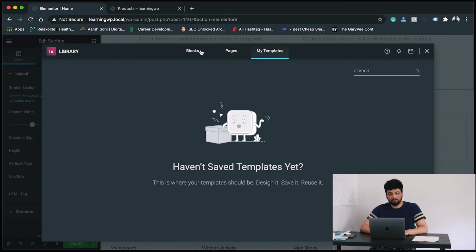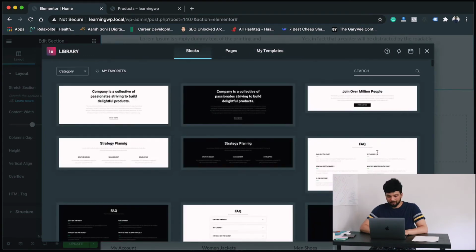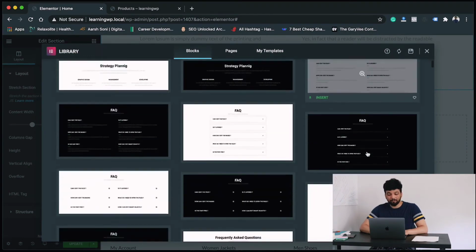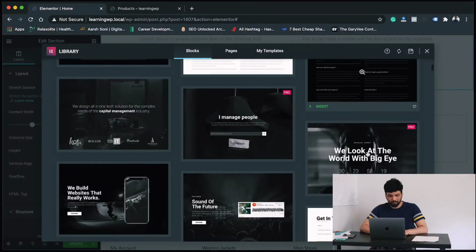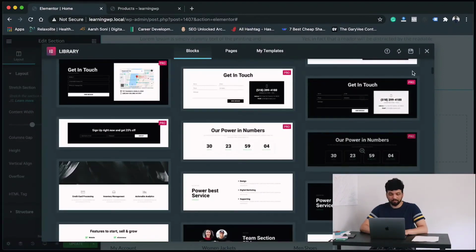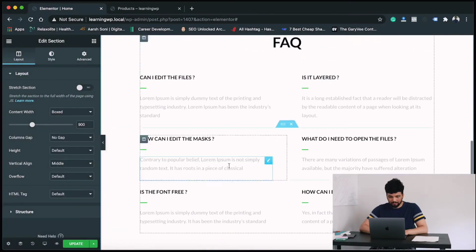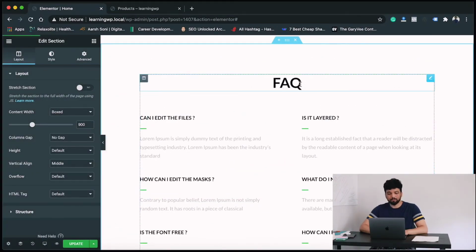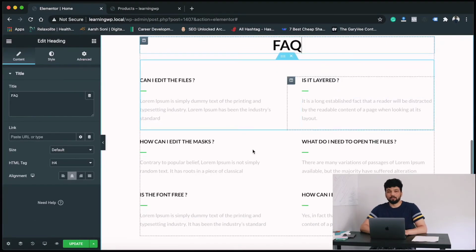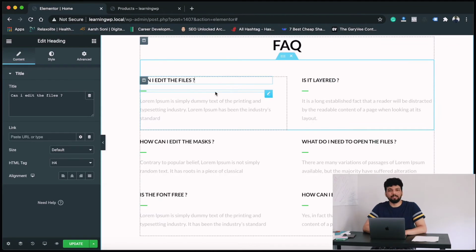So just for now, we'll go ahead and add a new block, and we already added the FAQ block. There are a variety of blocks if you want to go through, choose whichever you want. See here, it's a timer kind of thing. So click one block and insert it, and here you go, you have added a block. Now you can edit it the same way we edited the pages before. It's pretty simple, guys. You just have to drag and drop everything you want.